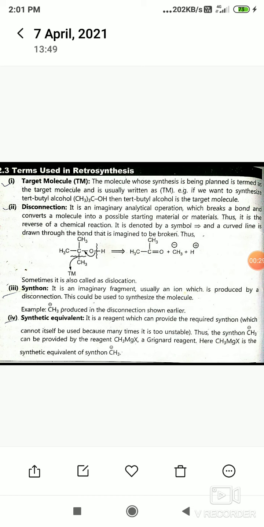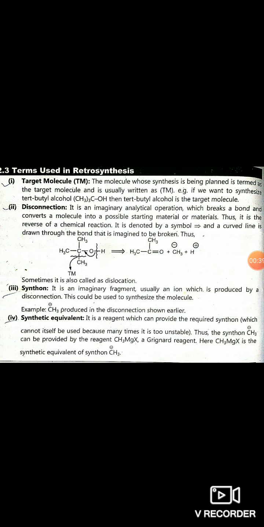First, target molecule. It is indicated by Tm. The molecule whose synthesis is being planned is termed as target molecule and is usually written as Tm. For example, if you want to synthesize tertiary butyl alcohol, (CH3)3COH, then tertiary butyl alcohol is the target